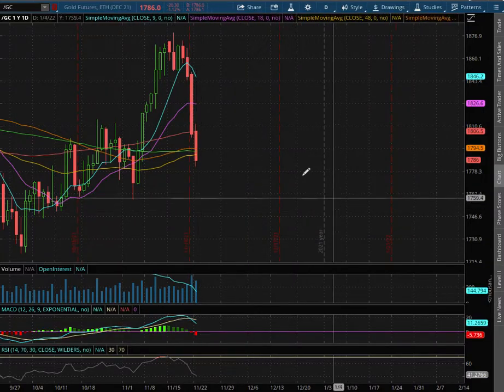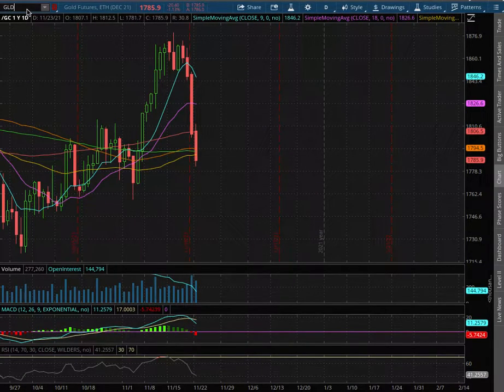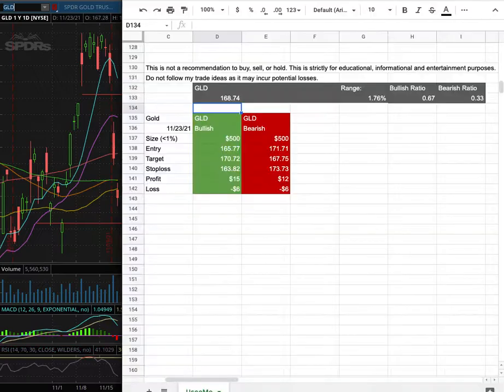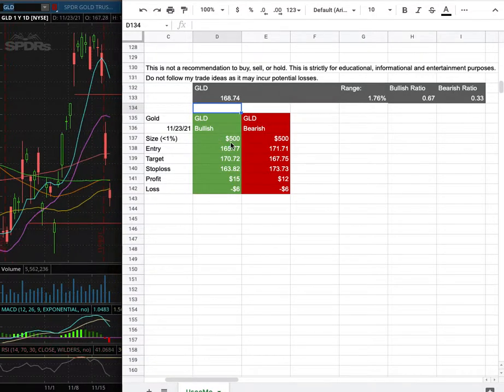We did see it diverge, and as with the trade idea, I'll be trading GLD. My trade position size for it is less than 1% of my portfolio. My long entry is at $165.77, and that is this range here. My sell target is at $170.72, and my stop loss is at